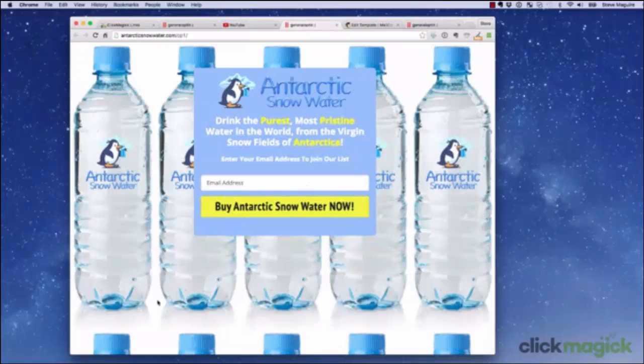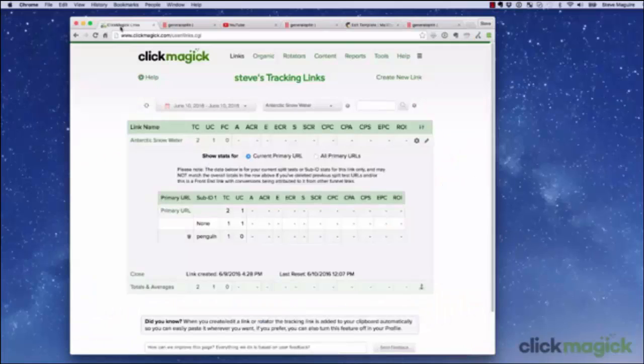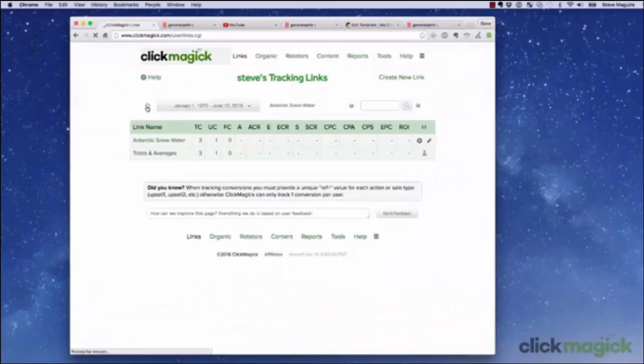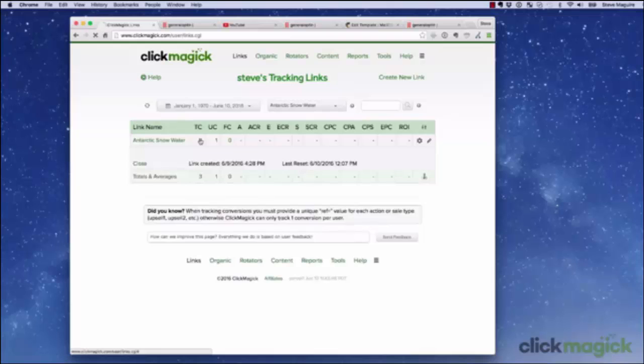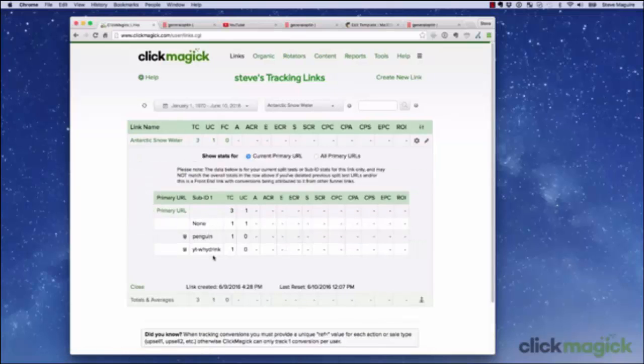Now we have the capture page again. Let's go to ClickMagick and update the statistics. Click on Total Clicks. And now you see we have the YouTube wide rank shows 1 click. So if you have a series of YouTube videos, you can arbitrarily add YT dash and then a description. You can do whatever you want here. There are a few characters you can't use, and again, I'll get to those in a minute. But by using sub IDs, you can track very closely where your clicks are coming from using a single tracking